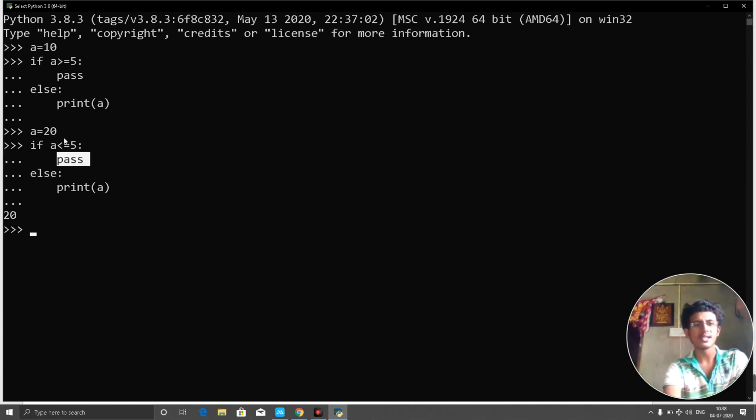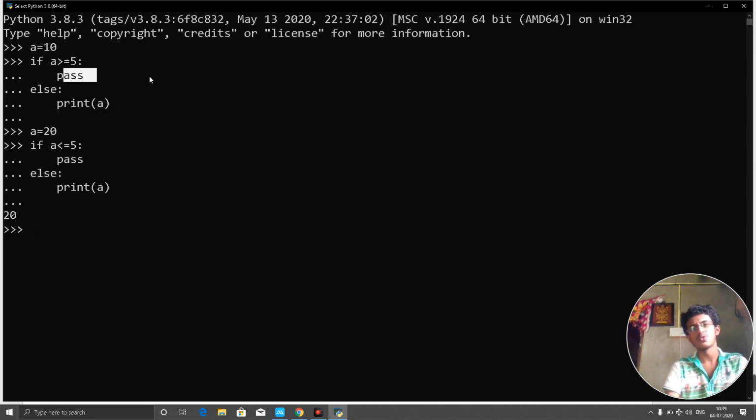This pass statement, you can see, will just pass from this code. If you want to implement something here later, when the time comes, we need to just write something here. That means when we are going for some large codes, but we don't know what we have to write in some functions or in some class, that time we can use this pass statement in some if block or in some loop where we don't know what we need to write.